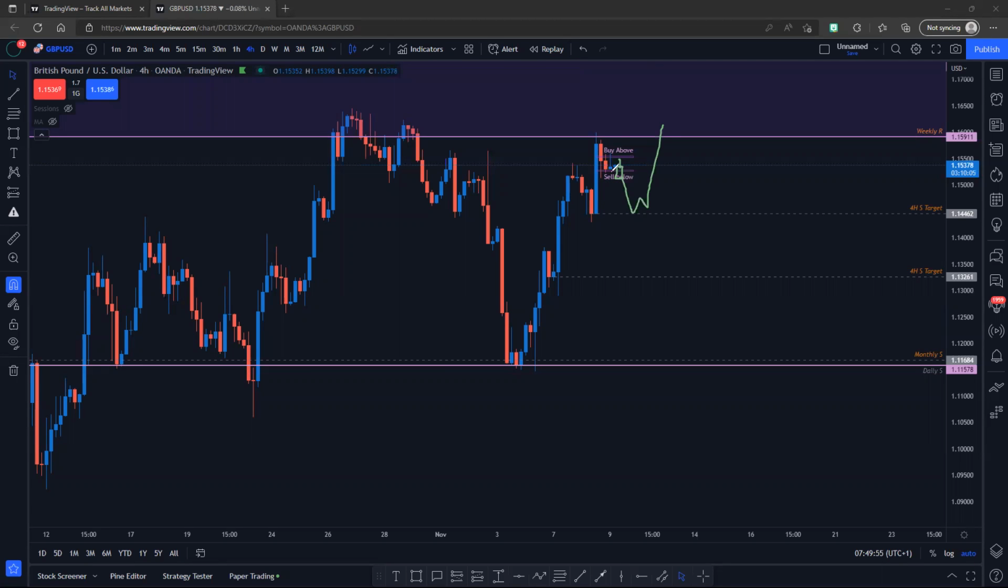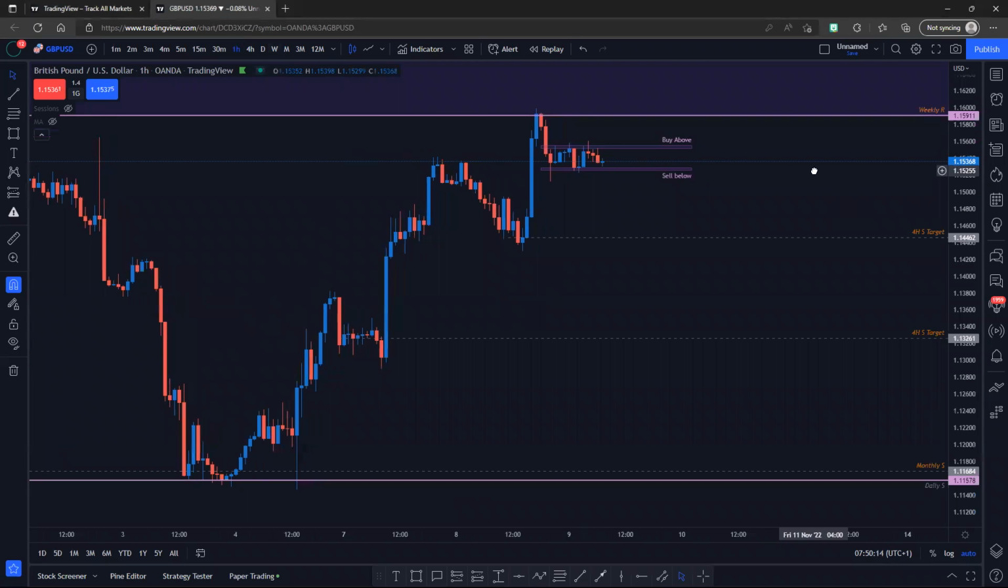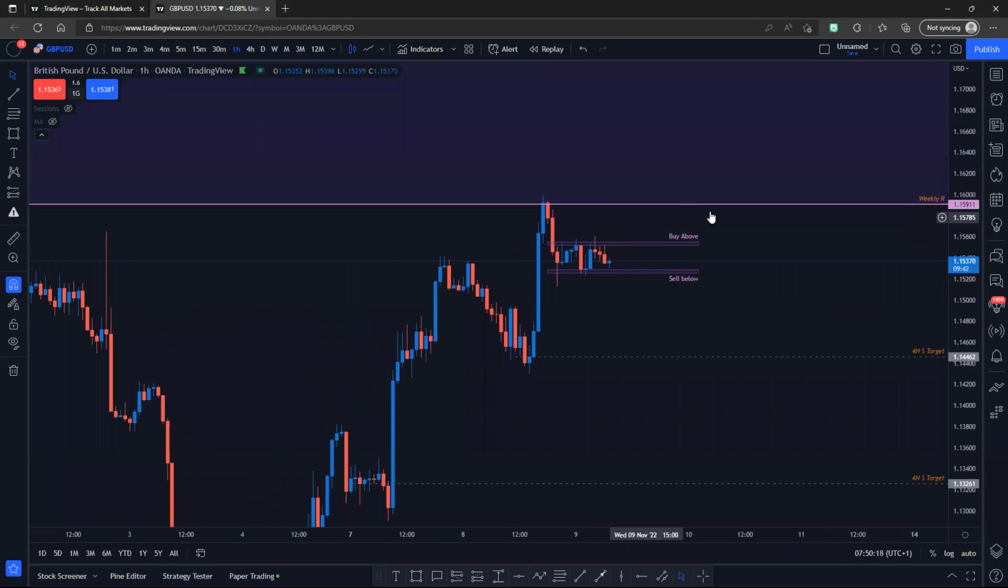If we can close below this support, we could mirror this move and correct this impulsive move from yesterday. And if we get a change of structure from here, then we could take it back to the weekly resistance again for today. So if you look at the hourly time frame, it becomes even clearer. Currently price is stuck in a range close to the weekly resistance, and the range we have above here is about 30 pips,